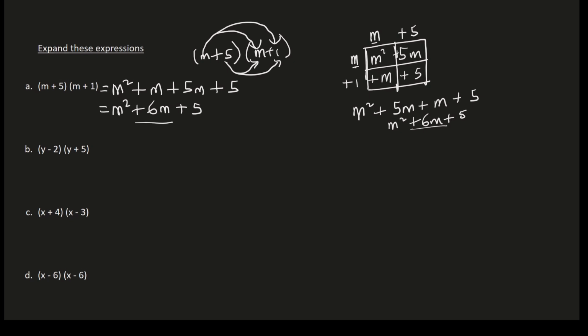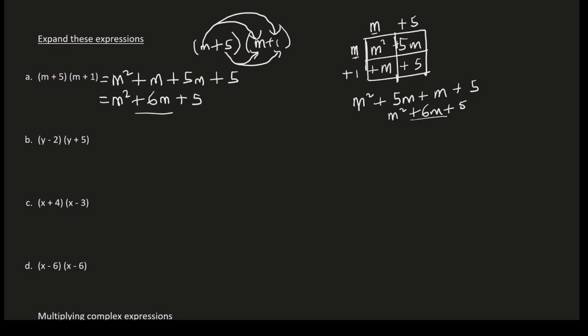Now let's move on to B. Same thing. You can choose to go with the first way I used, or you can go with the box method. It's either you're going for multiplying whatever is in the first bracket by everything in the second bracket, or like I said, you're going for the box method. Right, so to do this, I will go in for the first method where I have y times y, that